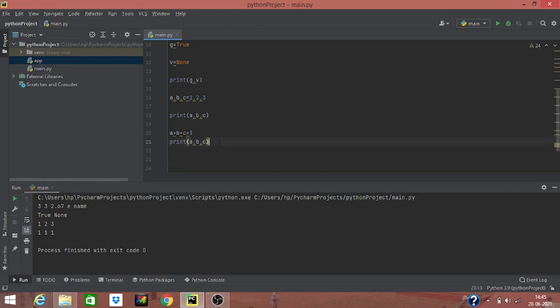Let's see some list objects, how to create a list object. I'm creating two list variables and assigning them a list object. Let's print and see what happens.